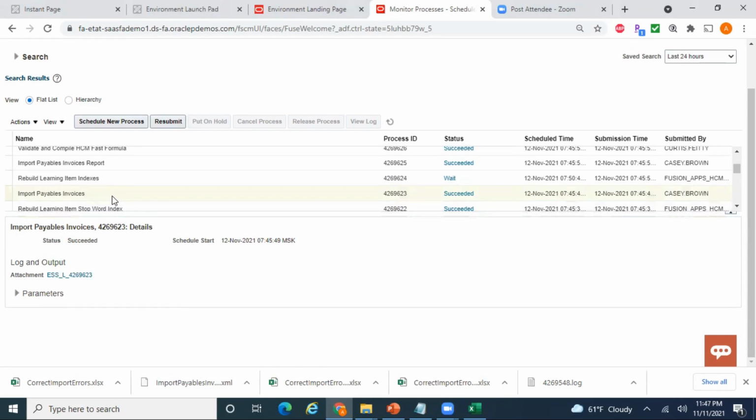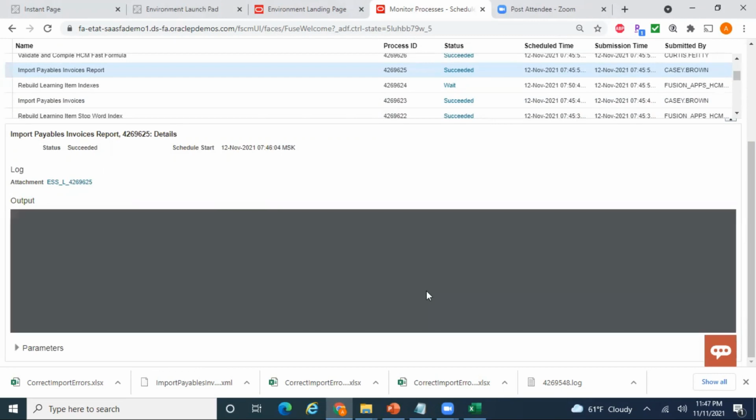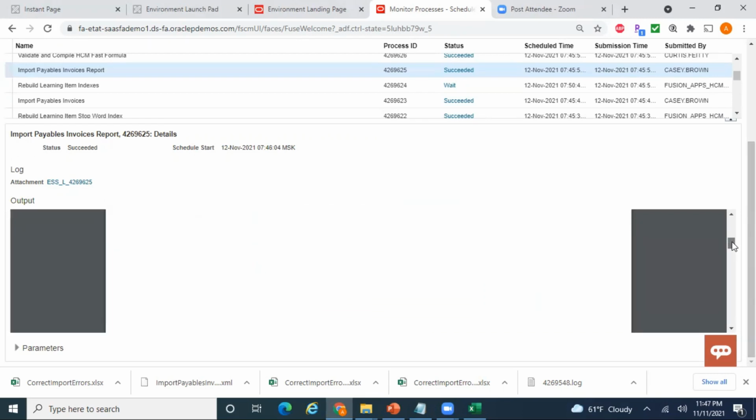Okay, this particular program, import invoices, has triggered this import payables invoices report. So probably look at the report. Let us see if it is successful.